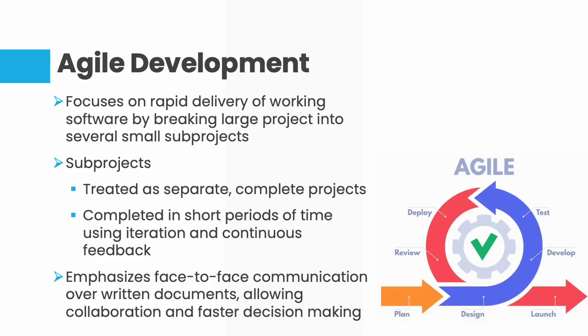So, agile is like building a bicycle piece by piece. You start with the frame and then add the wheels, then brakes, testing and improving at each step. Rather than trying to build the whole bicycle at once without knowing how it works, if it works or not.